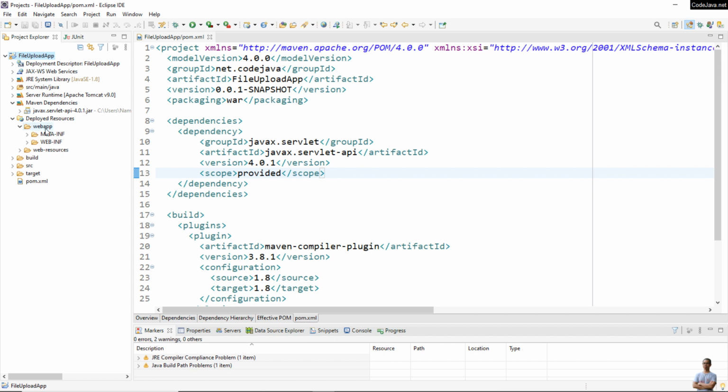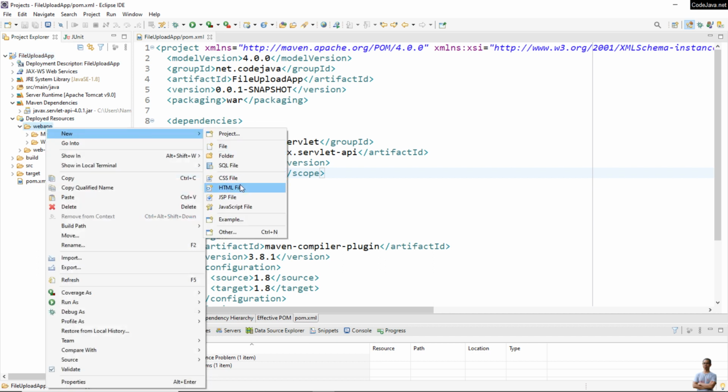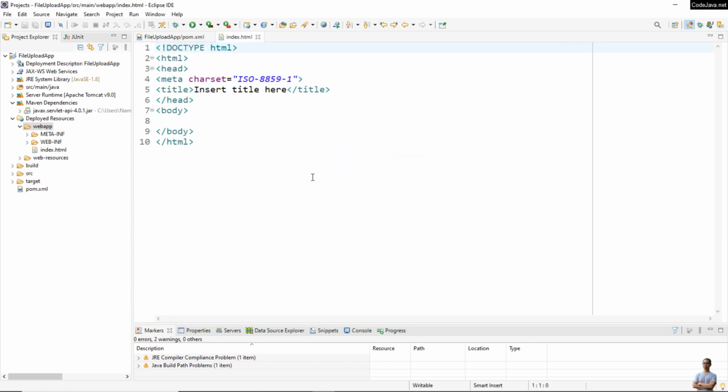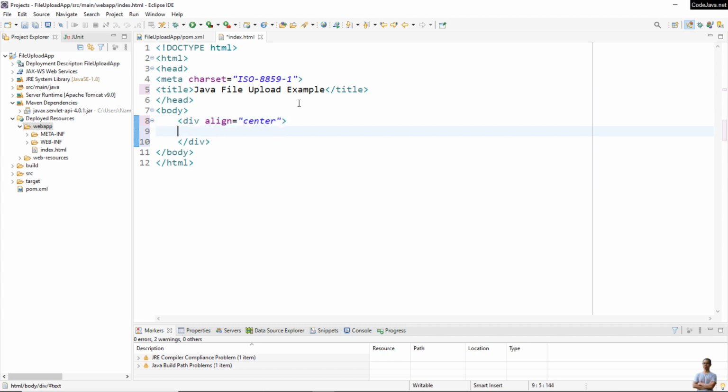Okay, and then let's create the home page for the web application. In the web app directory here, right click, new HTML file, index, the home page of the application, and change the title of the page to Java file upload example. This is an HTML page, so it will be very simple. We create a new div section and center the content of the div, and we have the first sub div with the heading 1, Java file upload application,